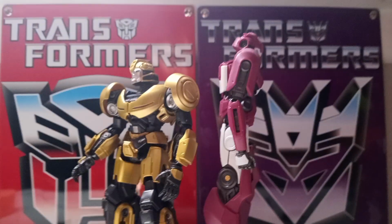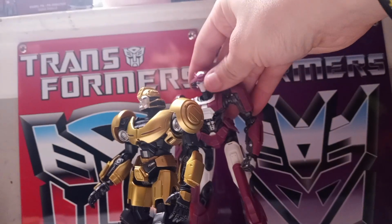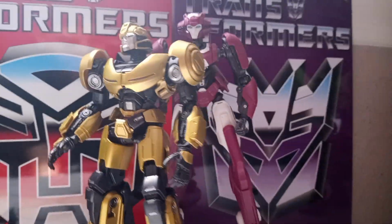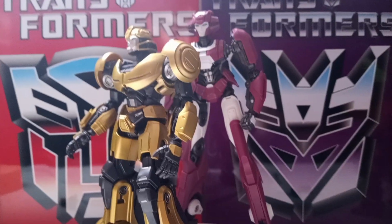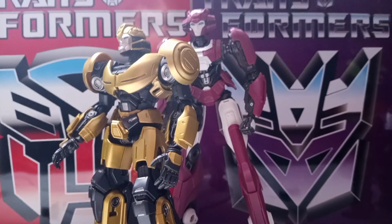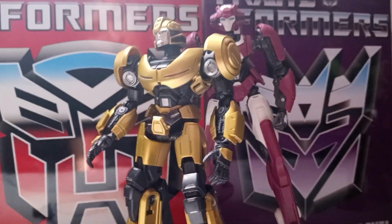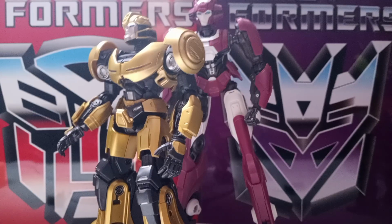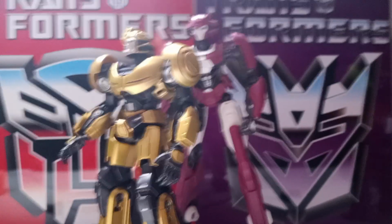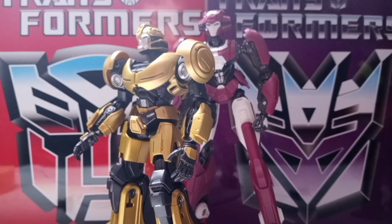So you can definitely see the height difference between Alita 1 in Cogged mode as well as Bumblebee in Cogged mode as well. You can definitely see the height difference there from both of them. And I gotta say, they look really nice standing next to each other. And I can't wait to see how the two figures that we have left look side by side once we have all the Transformers 1 characters fully built and assembled and ready to be displayed and of course mess with as well. So I'm going to go ahead and pause the video yet again so we can take a look